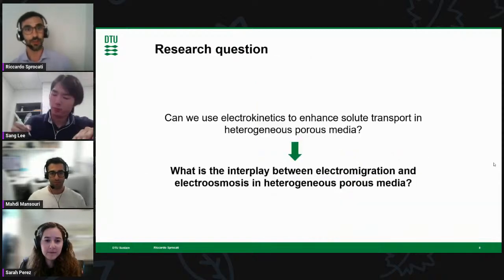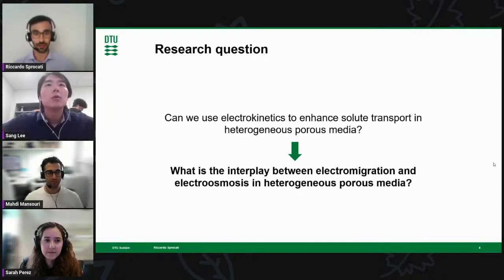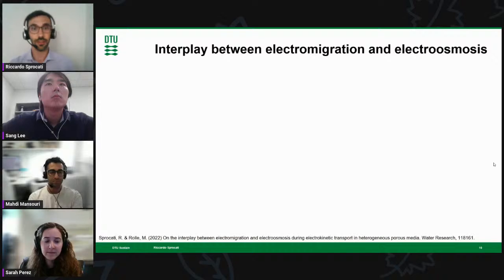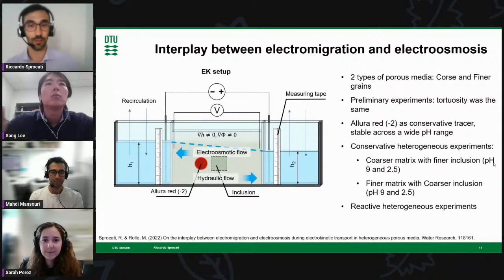But the research question is, all these studies have been done for homogeneous porous media. We asked ourselves, can we really use electrokinetics to enhance solute transport in heterogeneous porous media? And then the natural question is, what is the interplay between electromigration and electroosmosis in heterogeneous porous media? We investigated that with different experiments and models in an article published a couple of years ago,